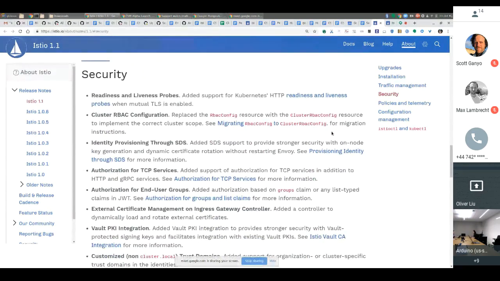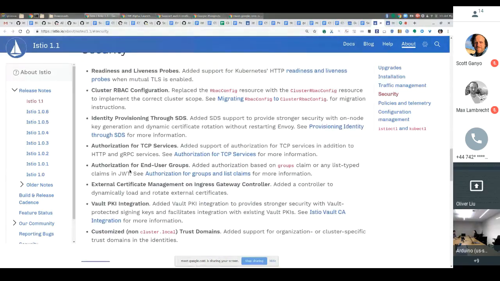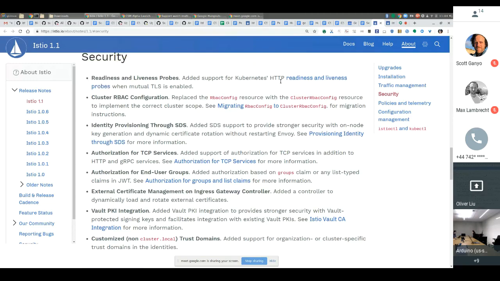So in 1.1, it's a pretty big change in terms of everything in Istio. We shipped a lot of features. So in terms of security, I can cover several points here, and then Li Min will cover the rest of them. So for the first one, in 1.1 we have the readiness and the liveness probes support for the Kubernetes HTTP protocol. Even when the mutual TLS is enabled, if you go to this release notes,